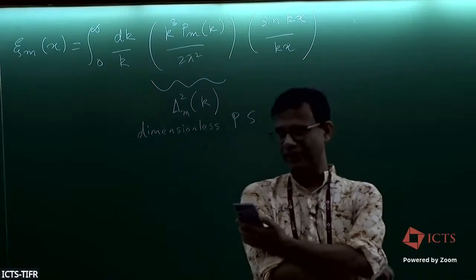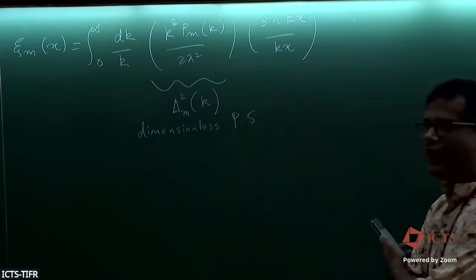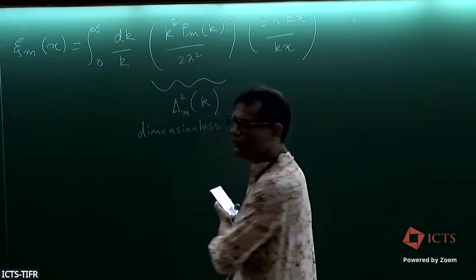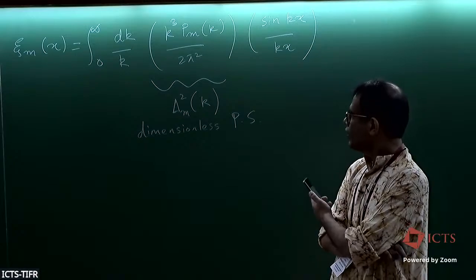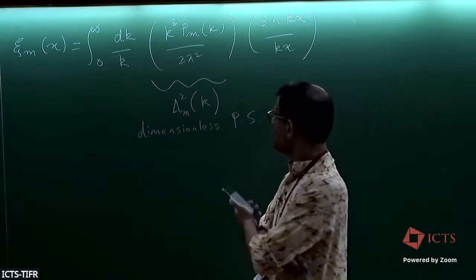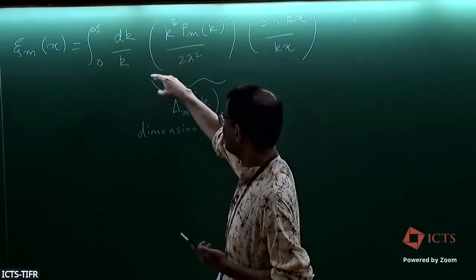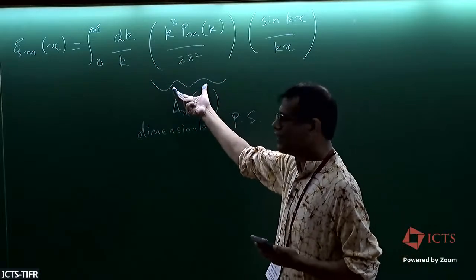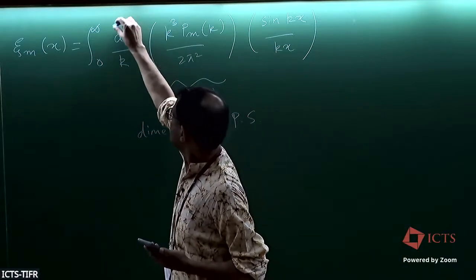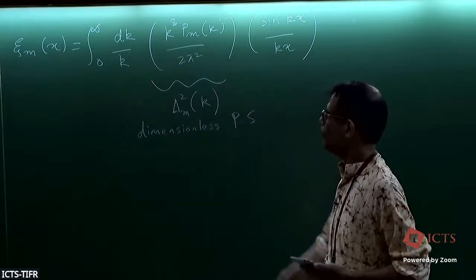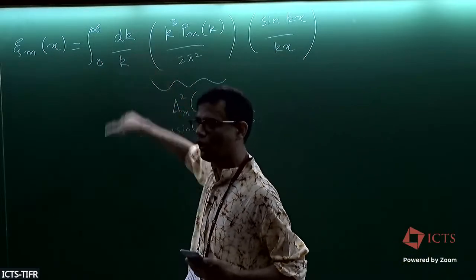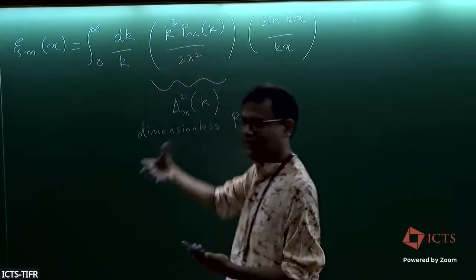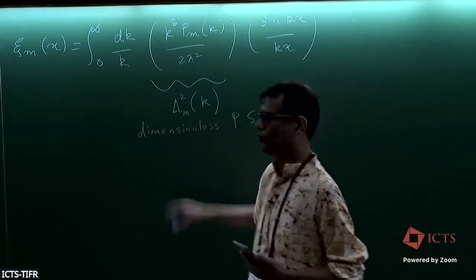And you can see why, okay? Since it has been multiplied by k cube, it has become dimensionless. This dimensionless power spectrum has another significance. You can see it is integrated over dk by k. So it essentially measures the power in logarithmic intervals in k. Okay, so this you can interpret as d log of k. So in every d log k interval, how much power does that k contribute is captured through this quantity, the dimensionless